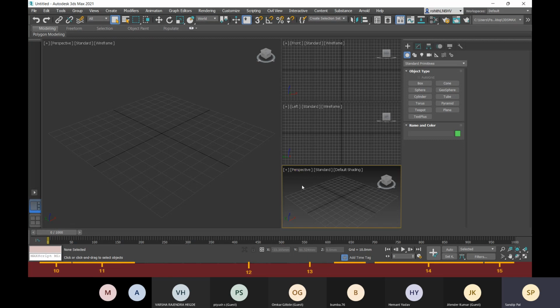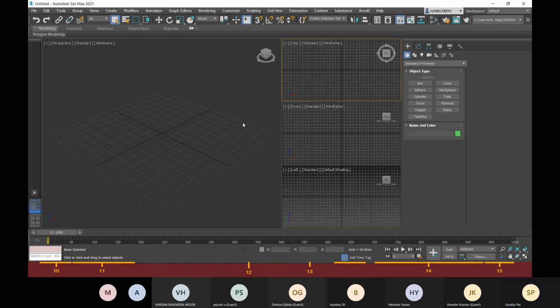Here I can go to this view option and select top like before, or else I can press the shortcut, that is T. I have just pressed T, and you can see it is now set to top. Similarly I can change it to left if I press L, F for front, and T for top.